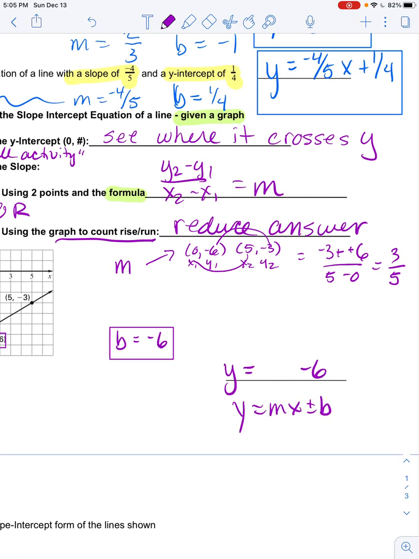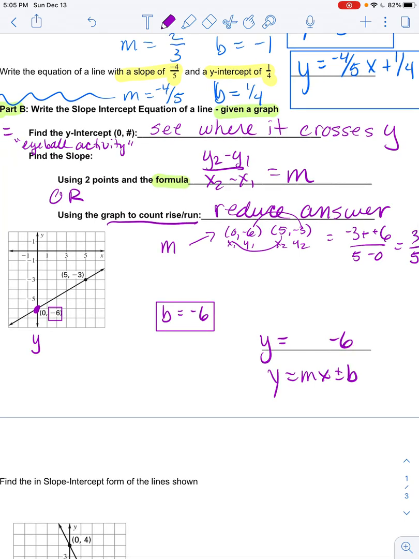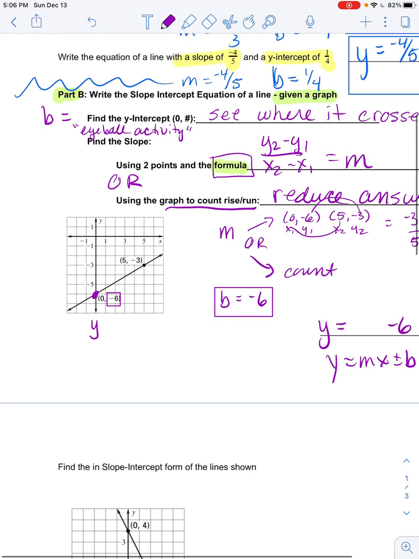That was one of my options. That's this one, using the 2 points and the formula. Or I could instead count on the graph. So if I go to the graph, I take this point right here where I was, and I count rise over run. This one's going up, so it's going to be positive. So to get from one point to the other, and you always go from left to right,